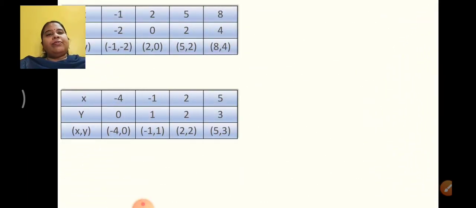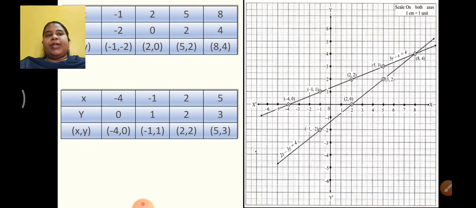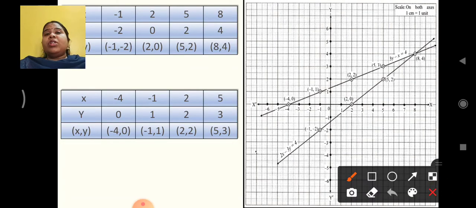Okay. Now let us draw these two tables on the graph. Exactly the same way as I have explained it to you. Now this way the graph can be plotted. Suppose you are not intersecting. I have joined this here till here and I have joined these 4 points till here. Now see, they are not intersecting. Don't be afraid in the exam that you have done something wrong. Extend this. It will intersect somewhere.